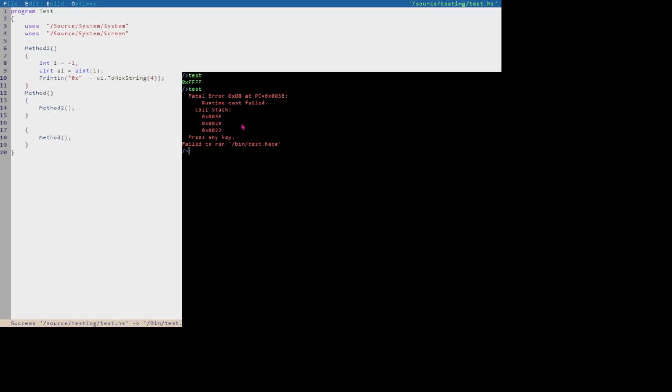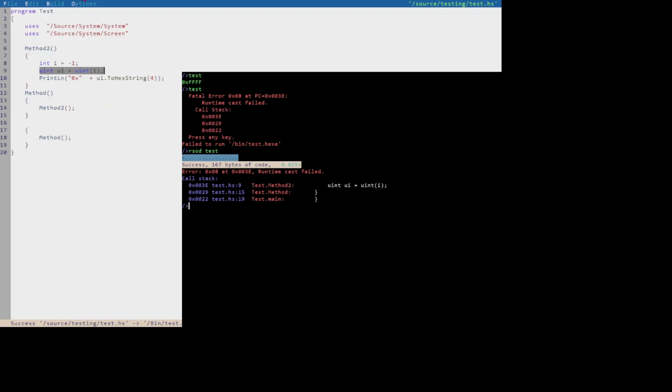So to try and find out what went wrong, I've got a utility called red screen of death. This is our red screen of death. So RSOD and the name of the hexe. It'll find it by itself, and it'll give me a decorated call stack. So the same call stack we just saw above, same error message, but it'll give me some source references as to where the error was. So it's telling me the top of the call stack is where the failure was, so it's line 9. So line 9 is this,